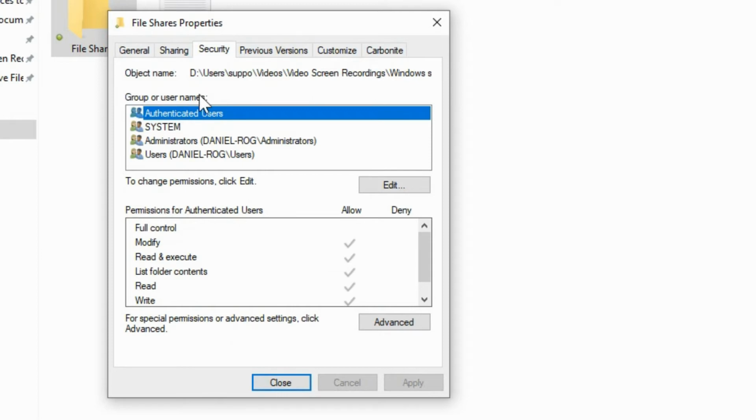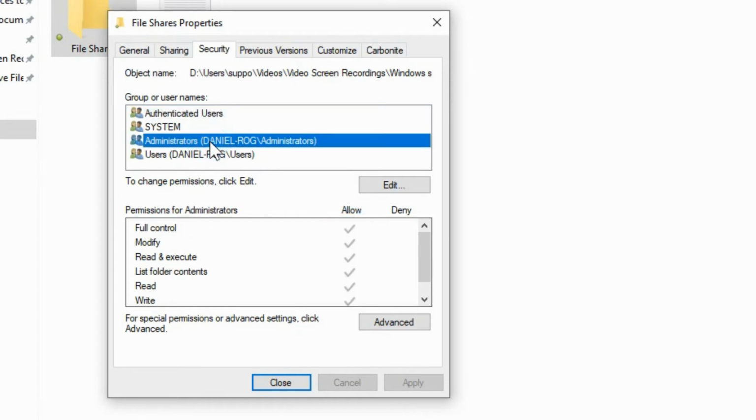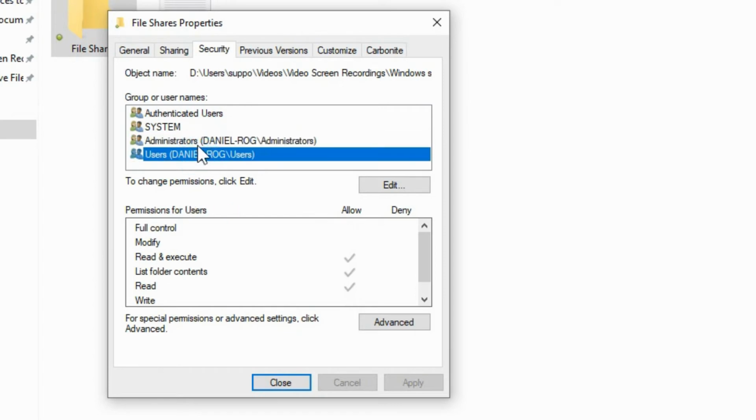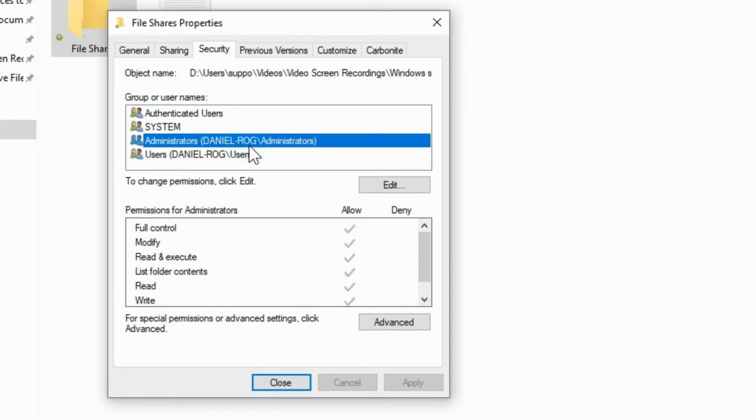So from here you can set the users. It's got authenticated users by default, which gives you all the read, write, and modify except for full control. So only the administrator or the person who set it up would typically have full control. But in this case here, we've only got the administrator listed. We don't have the actual user showing that it's added in here as an authenticated user. So we can have the administrator, of course. We want to leave that.